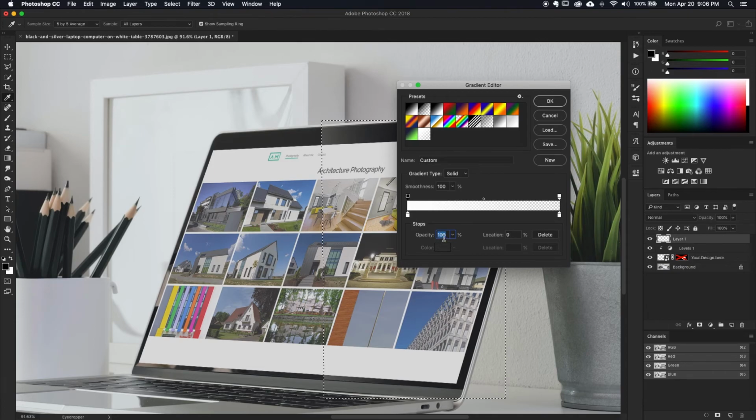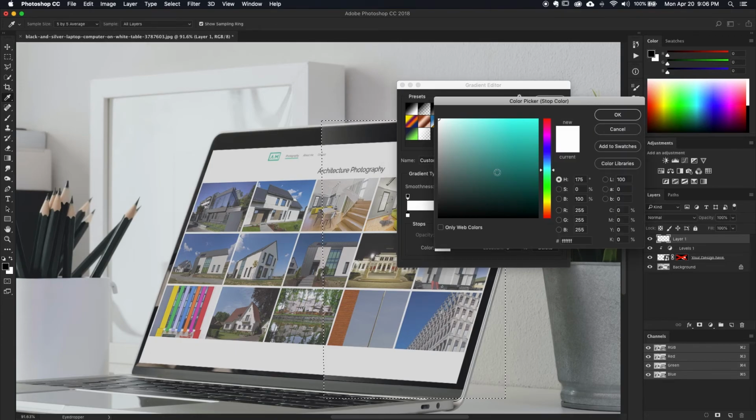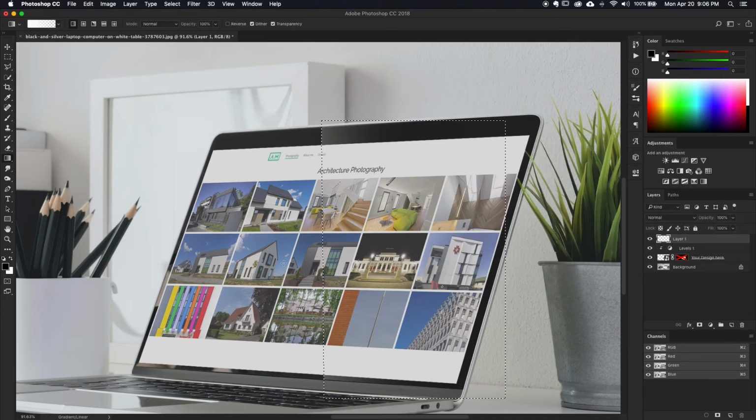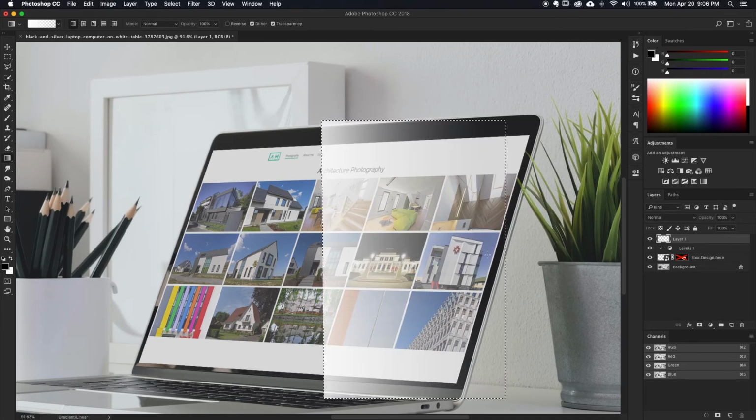Now we go to the gradient tool, and with the gradient you select a white to a transparent white. What does it mean? Above, you can select the opacity. Opacity is how much light is going through. See, here is 0 and here is 100. 100 is no light can pass through. Down you select the color. You just select white, and here is the same. You click OK,